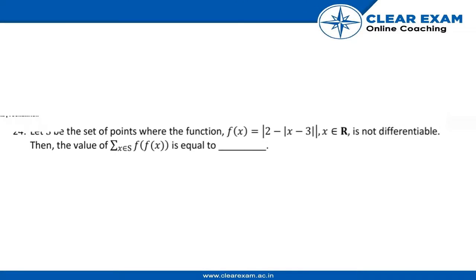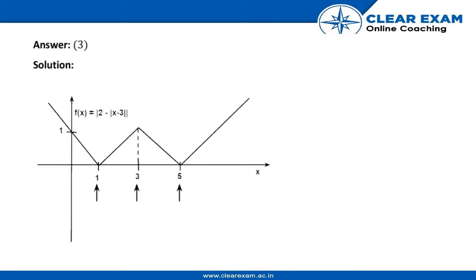The question is, let S be the set of points where the function f(x) = 2 - |x - 3|, where x belongs to R, real numbers, is not differentiable. Then the value of sigma x belongs to S, f(f(x)) is equal to. So now let us solve this question. So here the answer is